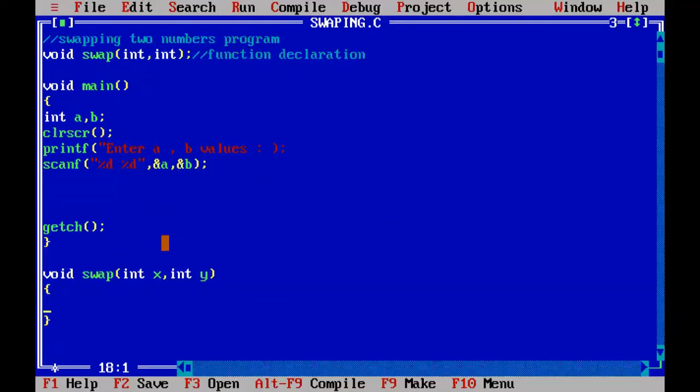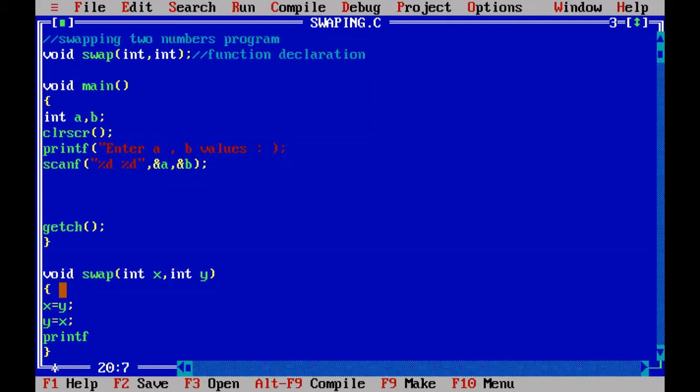What is the swapping logic? If x and y values are given into this particular swap user defined function, into x I am copying y, and into y I am copying x. For example, I have written like this, and after swapping I am printing the values here.